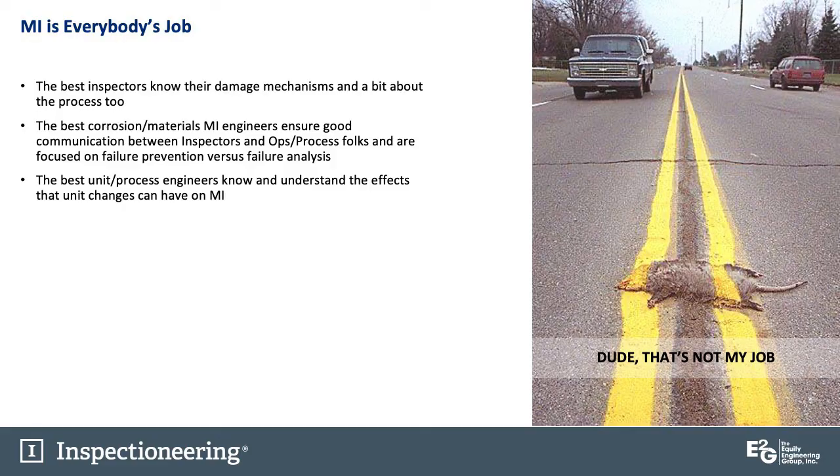So I know when I go into a refinery and there's a lot more coverage, a lot more rigor about the inspections of that carbon steel REACT system versus the stainless piping upstream near the reactors, I know that the inspectors have a good understanding of their damage mechanisms, and it applies to other units too. There are critical areas they should be really looking at, and not just applying a general approach of taking UTs at every other elbow to all their inspections throughout the refinery. Know your damage mechanisms.